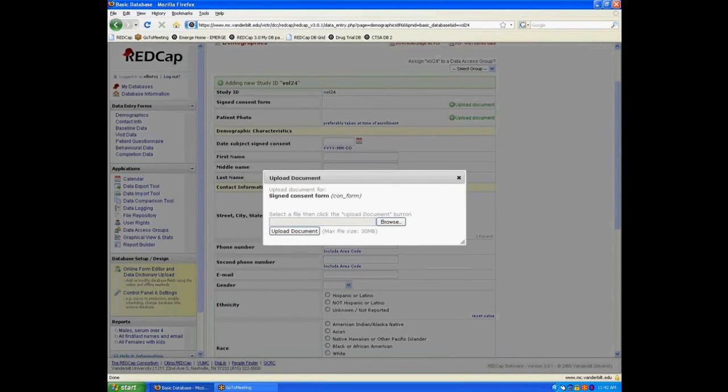The first data entry field is a file field, and this allows you to upload a file of any format, and it will be attached to this particular record or this particular patient. Again, any format goes, so you might have a PDF of somebody's signed consent form that you wanted to attach to this record, or an image of a chest x-ray, maybe an audio file if you were doing a speech